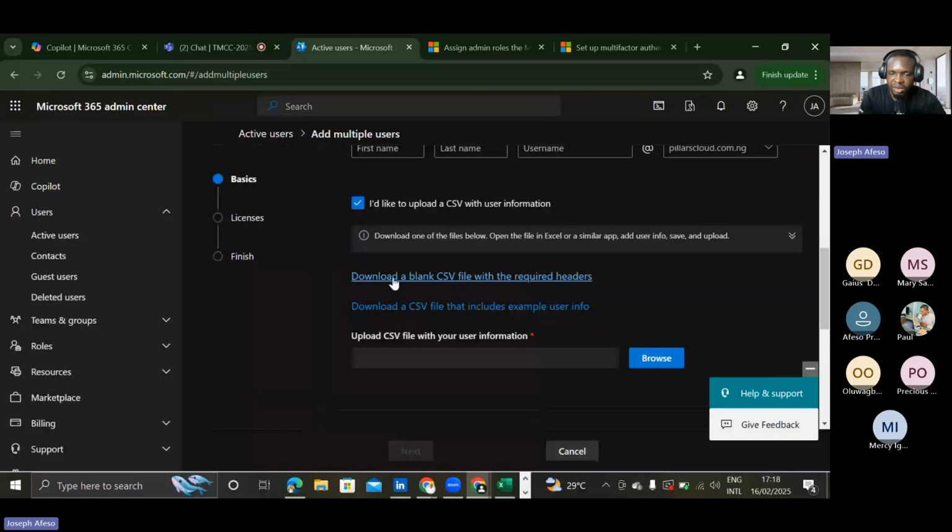So next week, I'll be coming back to look at these assignments and download a CSV file that includes example user info. If you click on this, it's going to download a file for you, right? The difference between this one and the other is that for this one, you have an example of what to follow in your first or second row, and then you just put in your username, the details that they have, and all of that. And then you can go ahead and